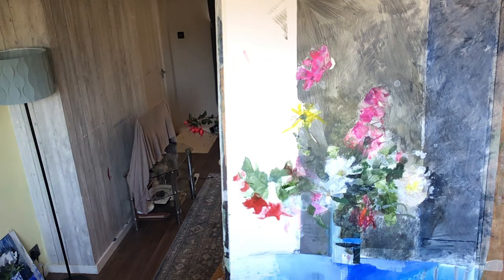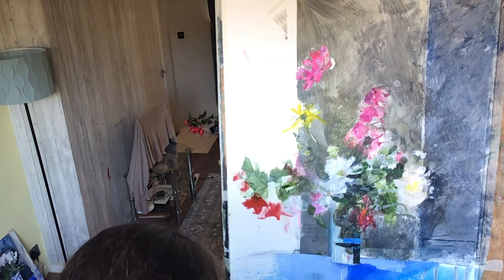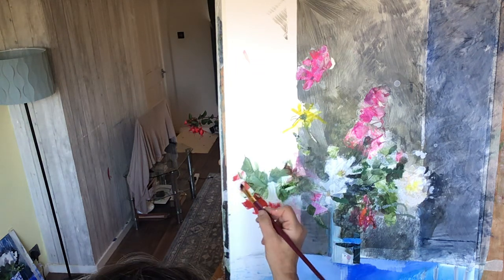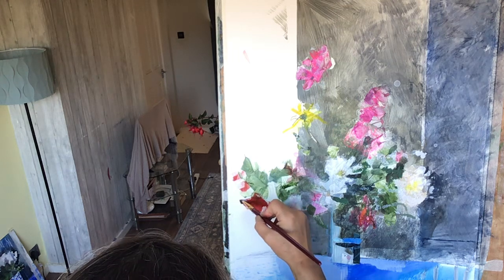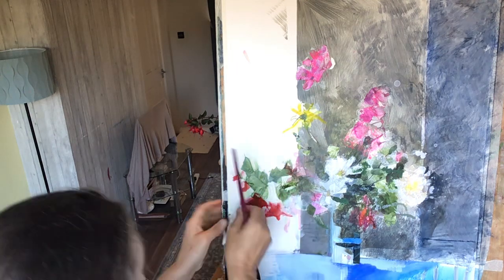So what I'm doing is lifting out, having placed down the red, and I'm looking and making notes every time I look up as to how I can capture the feeling of this little bundle of fuchsia, how I can capture the feeling of it in response to what's visually being presented to me,